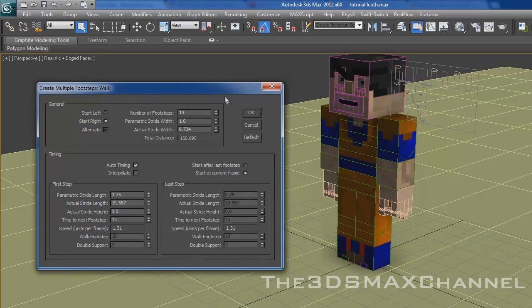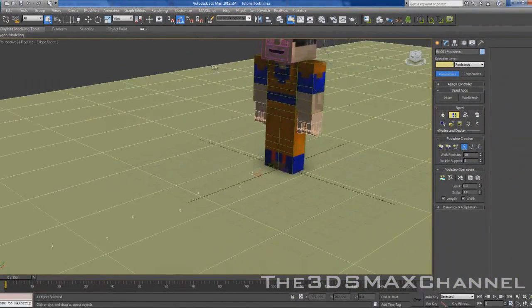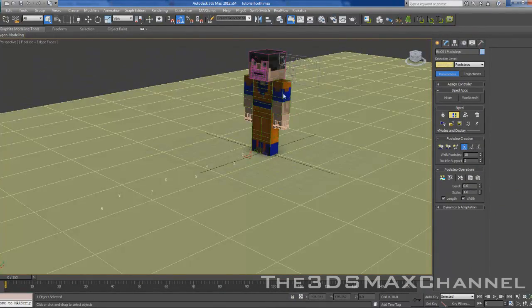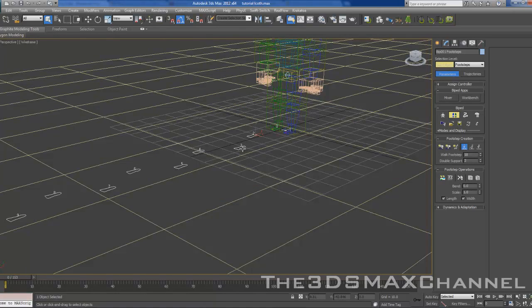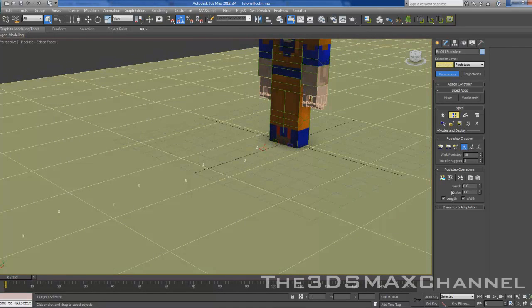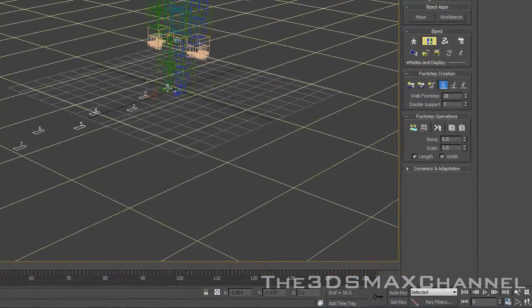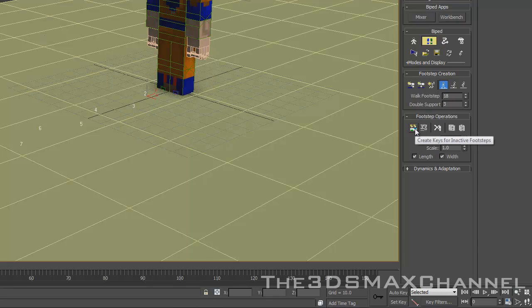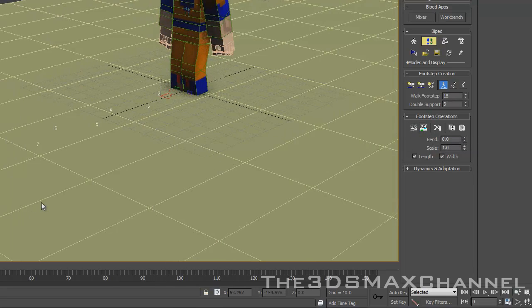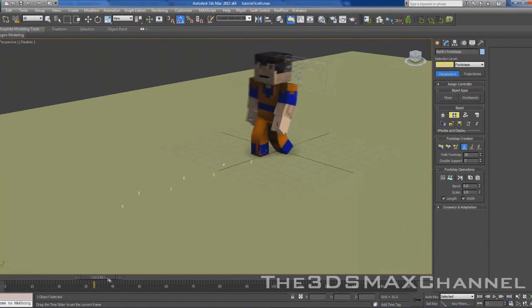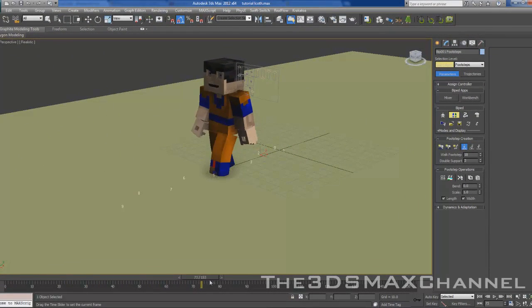So after you've done that, just press OK, and then you get those little indications of where the feet are going to land. Now you can customize where all these go if you want, and after you've done all the customization that you want, simply click the create for inactive footsteps, and now you can see that the biped has changed, and now if we scroll through, he now walks really well,